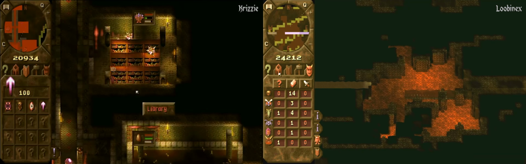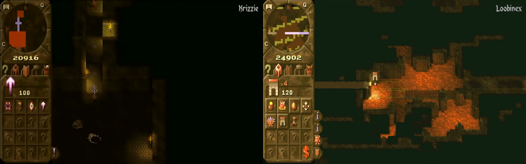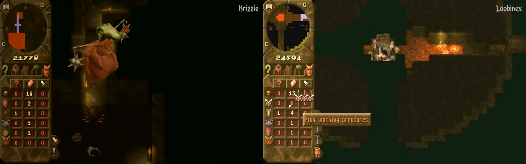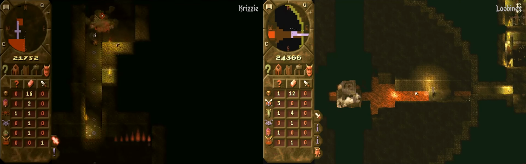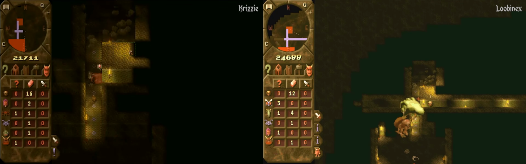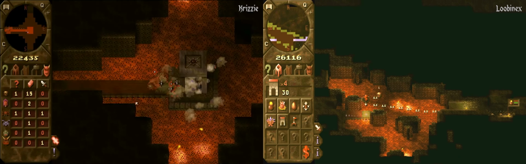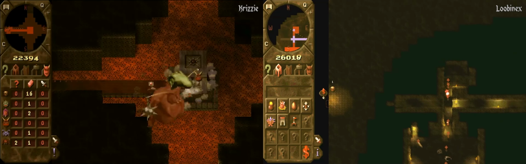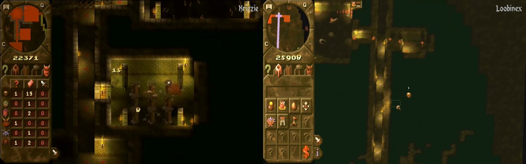He's training his Bile Demon at least. Looby is quite slow at the attack, but he's making progress on both the top and the bottom. Now just has breached and went in. Looby actually has a good foothold, and Krizzie is now killing those 3 flies, which is actually a benefit for Looby